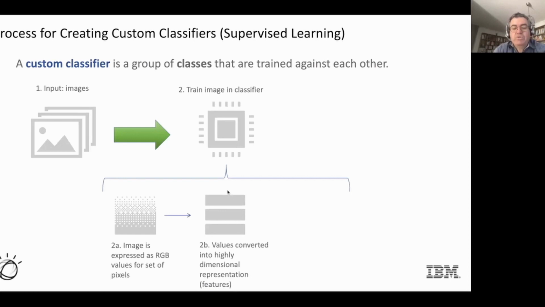Then the values are converted into high-dimensional representations of the features, in order to understand the elements of the image. And the features are mapped either positively or negatively to the classifier to create the classifier. So you get a trained model,